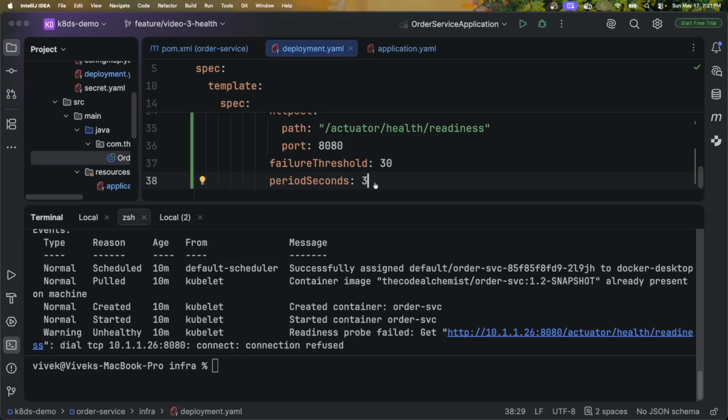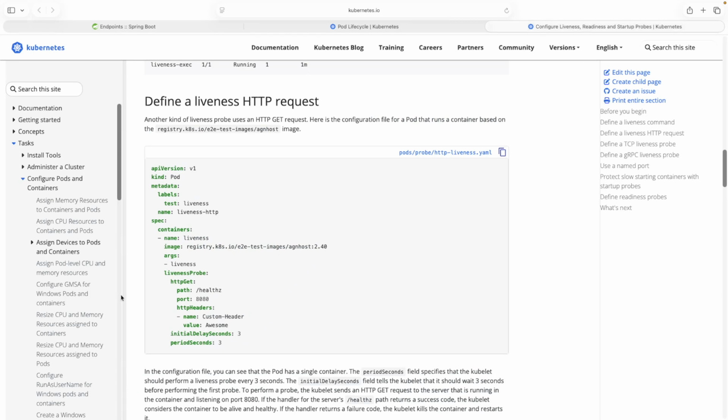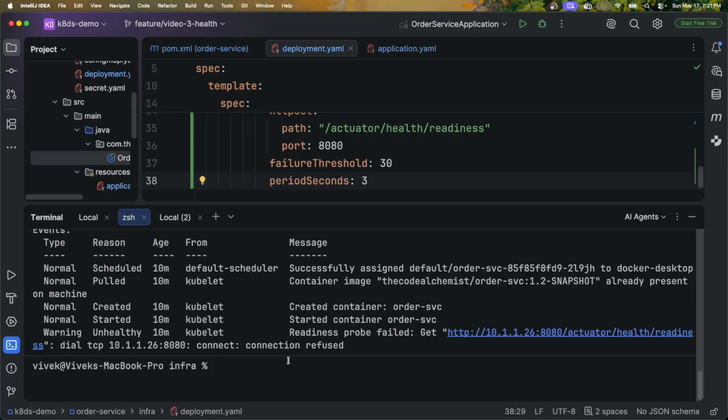So let's go back to the official documentation. And if we go to the examples, this is the attribute initialDelaySeconds, which is missing in our deployment.yaml, but you can add it. So that is why Kubernetes did not wait for the server to come up and it started running this probe, which is the readiness probe in our example. That is why we see one failed event. But after that, there is no failed event. That means the server was already up. Hence, all the subsequent probes